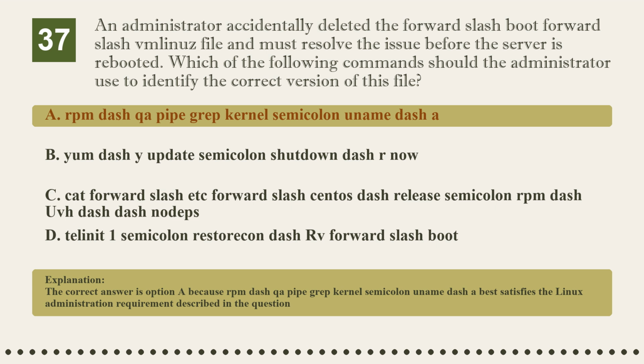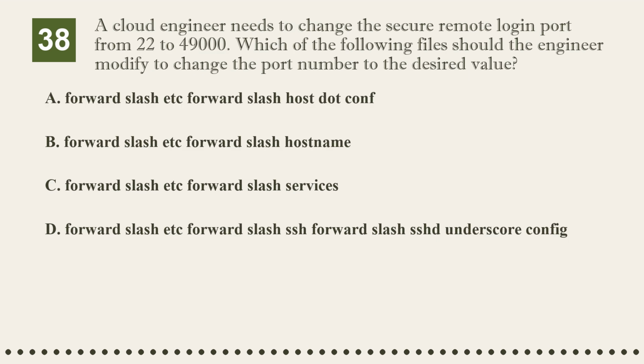Question 38. A cloud engineer needs to change the secure remote login port from 22 to 49,000. Which of the following files should the engineer modify to change the port number to the desired value? Option A, /etc/host.conf. Option B, /etc/hostname. Option C, /etc/services. Option D,